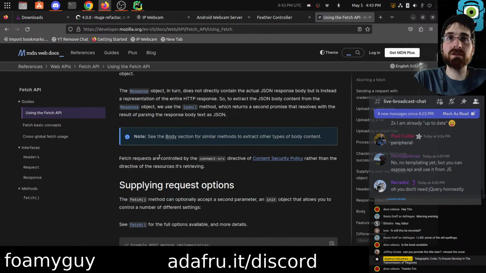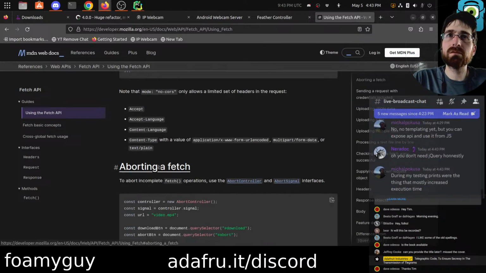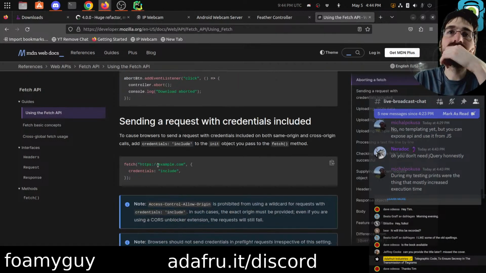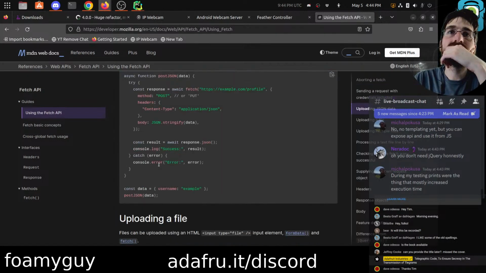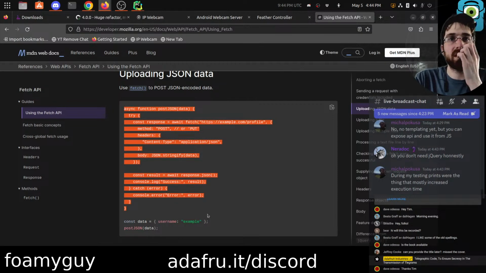I am trying to use fetch more, though, so thank you for mentioning it. It does force async, which I could go without in my JavaScript, but